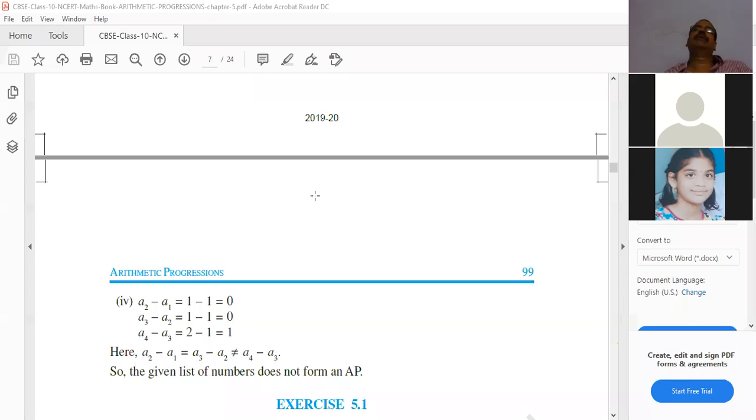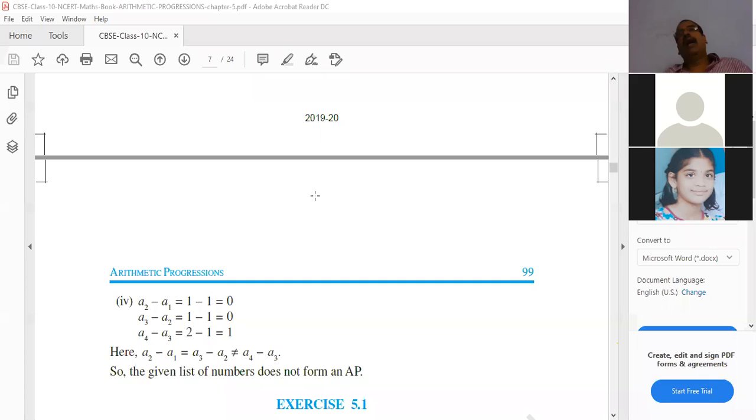And one more point you have to remember here. If the series is a finite AP, you know the last term. The last term you can call A_n or sometimes L also. A_n means the last term, L. If you know the last term, the series is a finite series. If you don't know the last term, the series is an infinite series. Finite AP means we know the last term. Infinite AP means we don't know the last term.